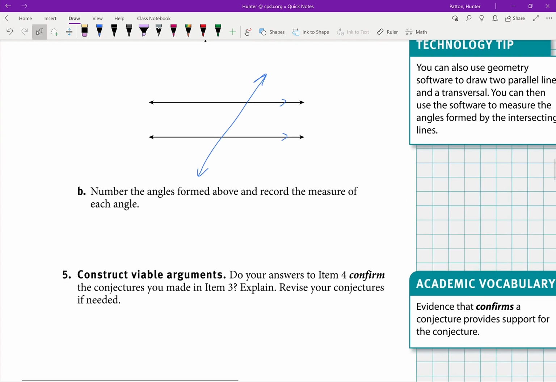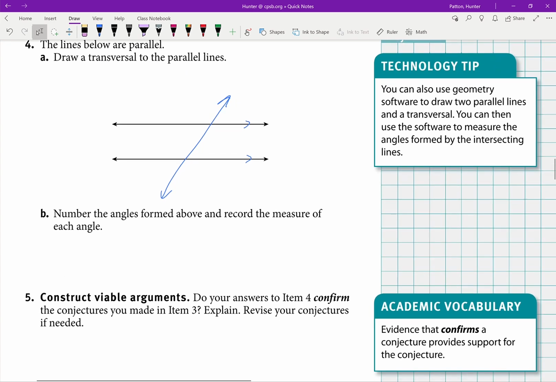So, what I'm going to do, I'm going to number them. We're not going to measure the angles because we kind of did that already. So, you can measure all yours with a protractor. What you should find is that, when you measure your own parallel lines, do they look the same? Do they